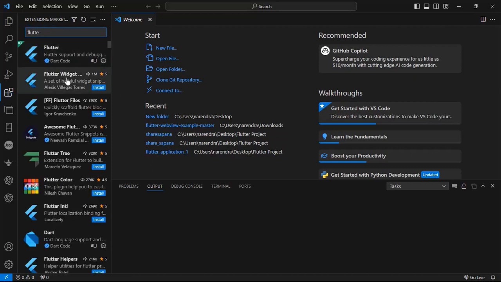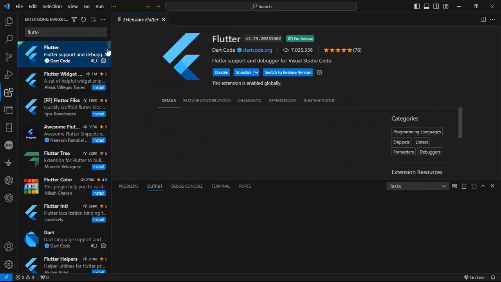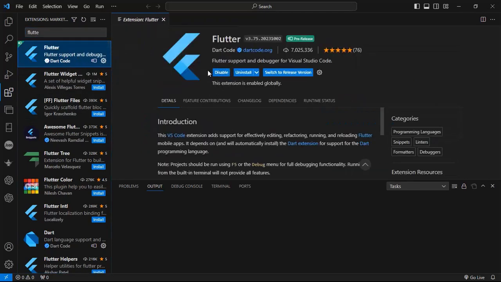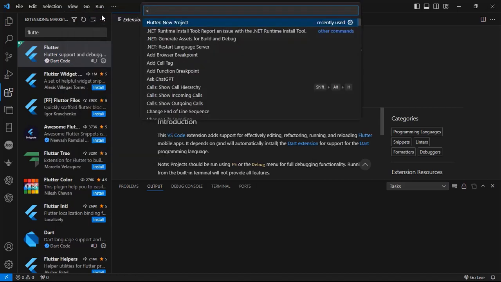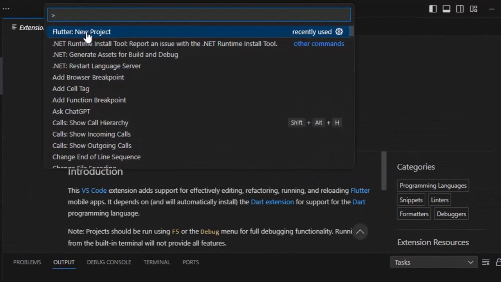If you are already installed, but if it cannot show, you just click the View tab and just click the Command Palette. Okay, then you click View. Then you click Flutter New Project,